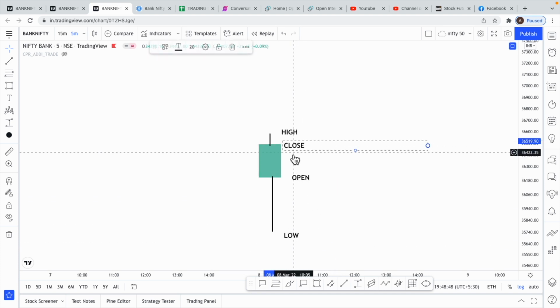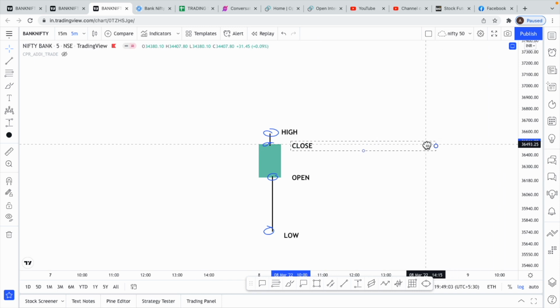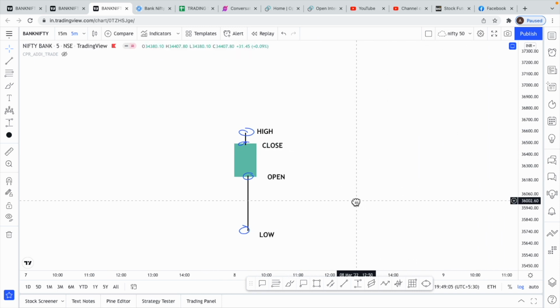Okay, so this will be the close. See, always for a green candle, the open will be lower than the close, obviously, right? It is going up. This will be the low and this will be the high. Fine. Now we'll see how it happens for a bearish candle,